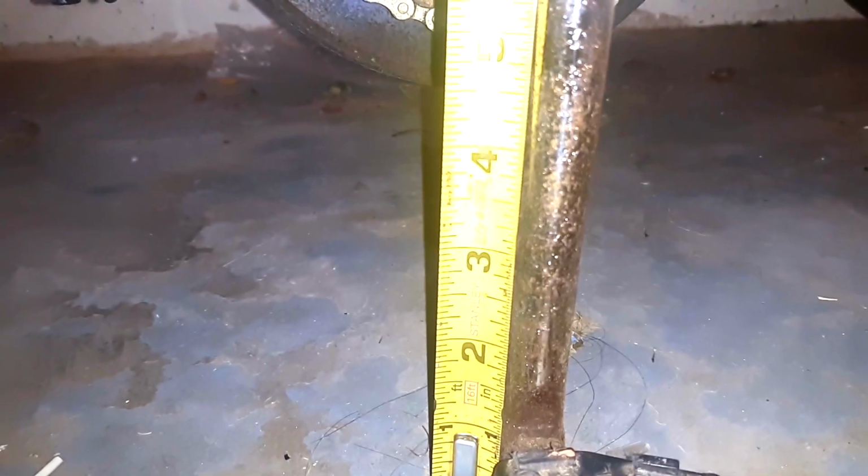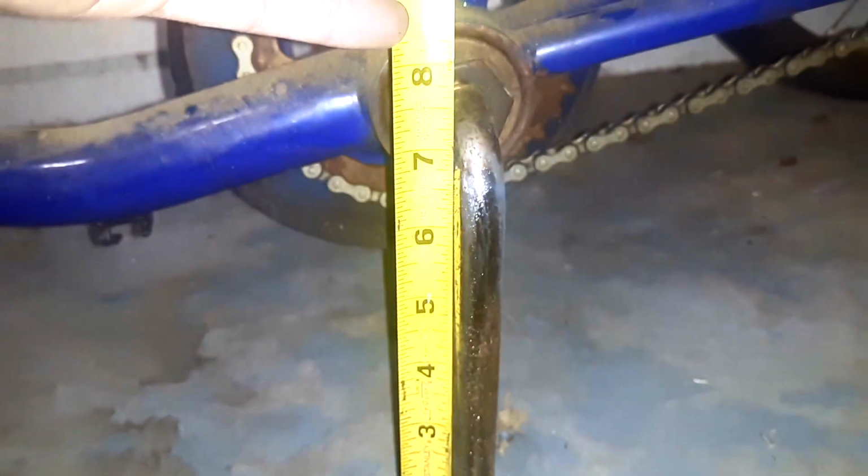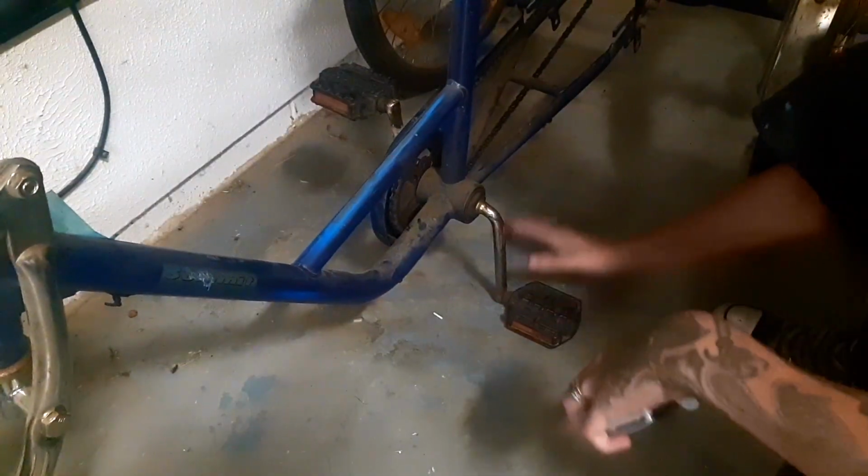I'm going to take 2 inches out of it. I'm going to mark it at the 2 and cut that piece off, and I'm going to come all the way up to the 4 and cut that off too, and then that's going to take 2 inches out of here, which will give me the clearance that I need for